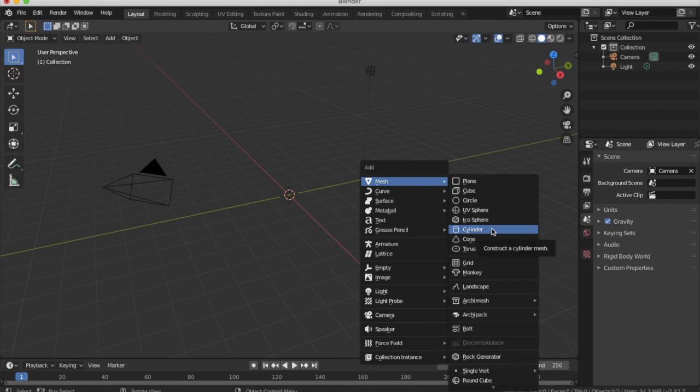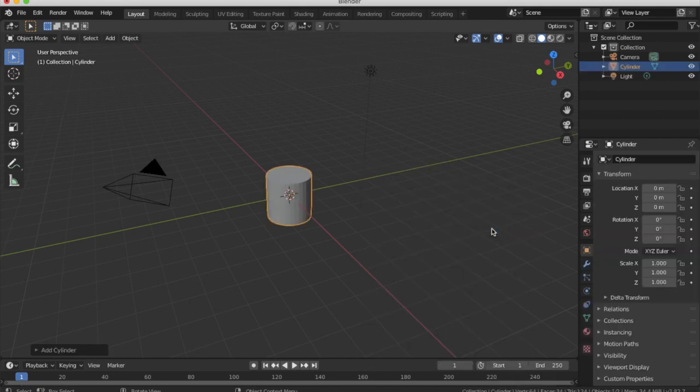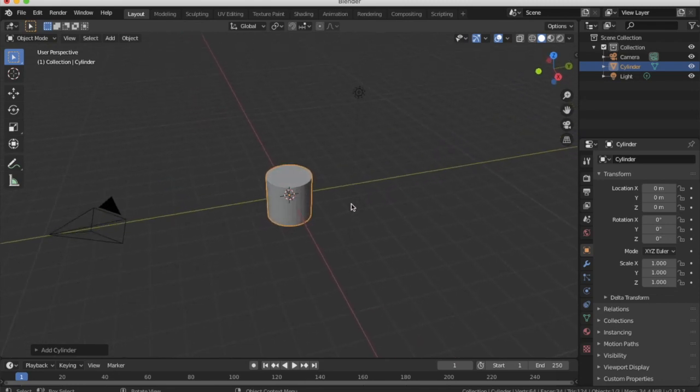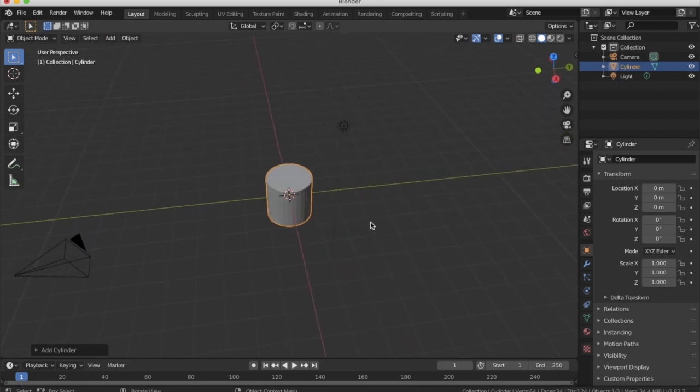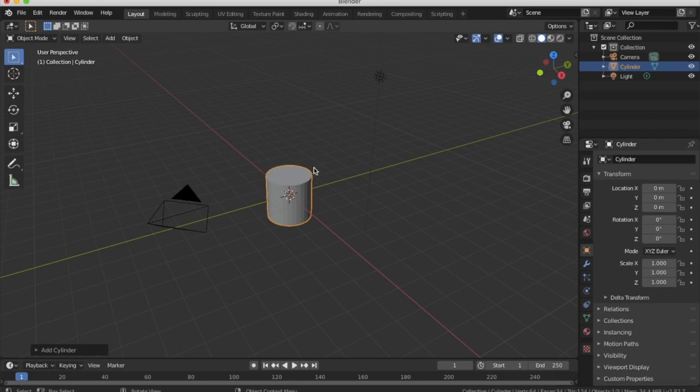Now, I should point out too, we talked about extrusion in the last tutorial video, and maybe you can answer this question before I tell you: how is a cylinder made? How is a cylinder extruded into existence? Well, the answer is it starts out its life as a circle, and a cylinder is really just a circle at the top that's been extruded down to the bottom, right? So it's a circle with depth along one of its dimensions. That's really what a cylinder is, and we're going to make use of that today